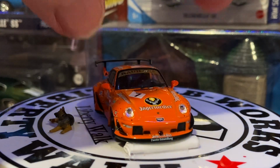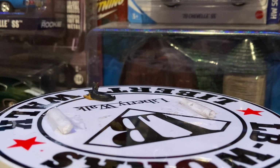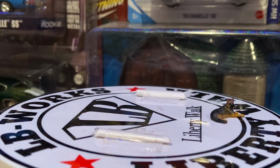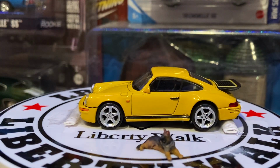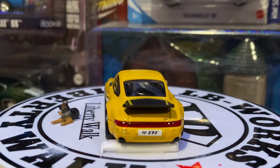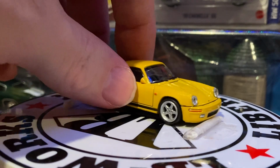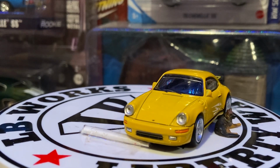Alright, so this is the 934. And I'm going to keep this next one up on the turntable while I show the next one too. This is the Paris 64 Yellowbird. This was made popular in 1987 as one of the faster production cars made. It set some sort of a record in '87. Paris 64 makes the black version of this as well. Now I'm going to leave this spinning on the table, and what I'm going to show next is this beautiful